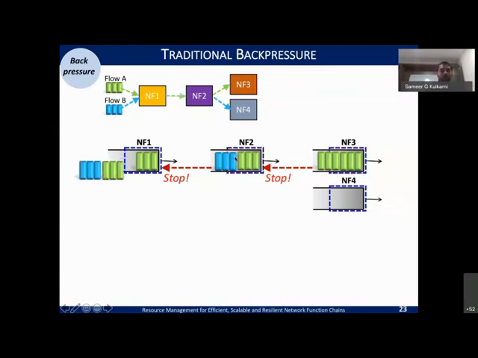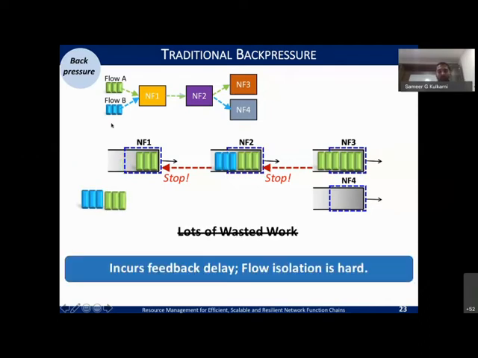So you have totally eliminated the wastage of CPU cycles, right? But you can see that now this NF4, which could have served the blue packets, is also starving, right? So that means you are unnecessarily impacting different flows also. Although you eliminated the wasted work, you are impacting other flows because you are not able to isolate the reason why this issue occurs.